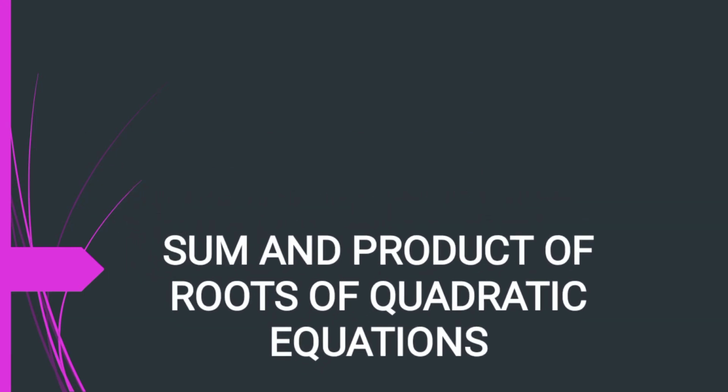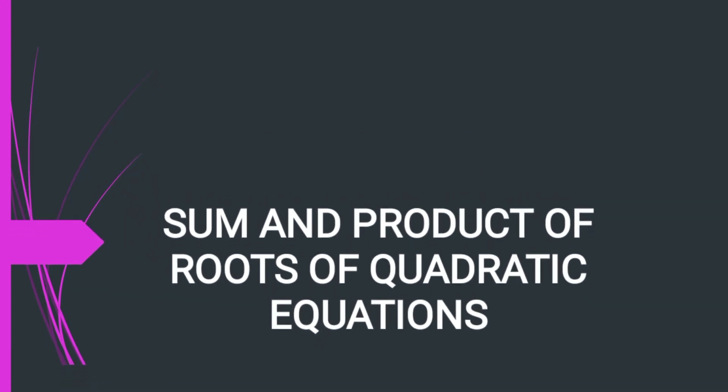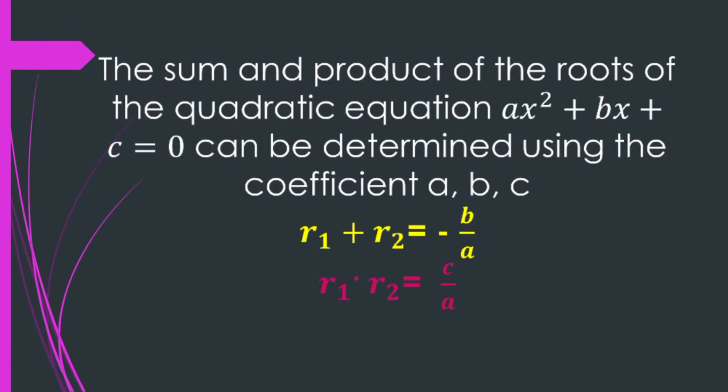Sum and product of roots of quadratic equations. The sum and product of the roots of the quadratic equation ax squared plus bx plus c equals 0 can be determined using the coefficients a, b, and c. So if we are asked to find the sum and product, and the given is a quadratic equation,